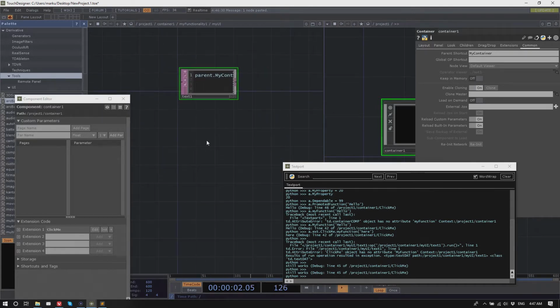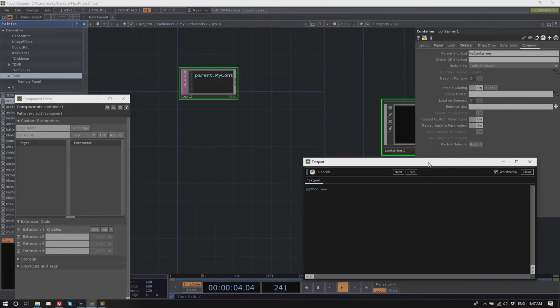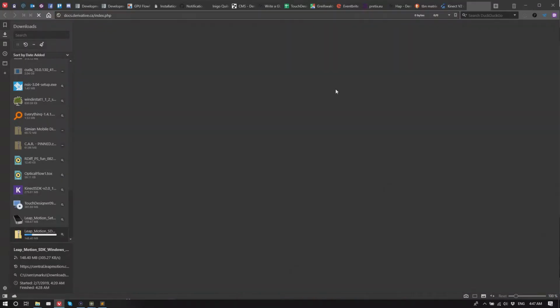Is there a general Python reference? A general Python API? Per operator, basically, or you mean? Well, if I want to control TouchDesigner via Python from the textport. Oh, yeah. I mean, even stuff like that, op parentheses, works. That's the way it's implemented, right, like in Houdini. So you have general Python. It's all in the.